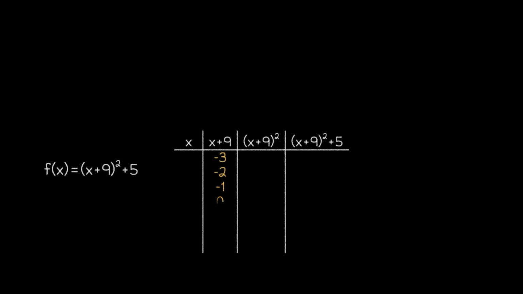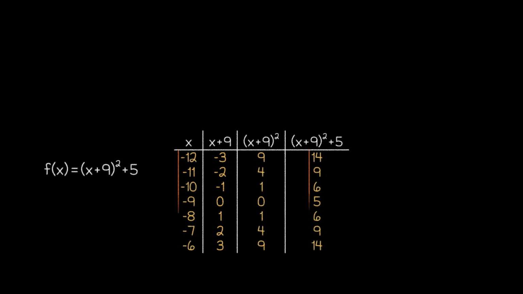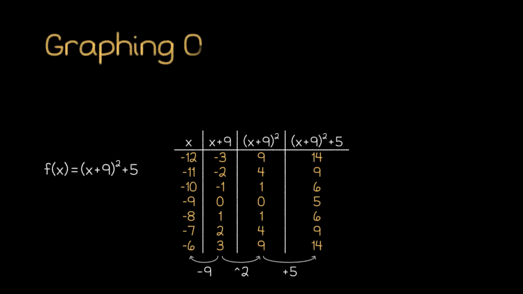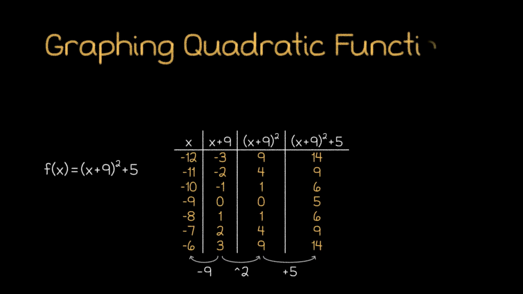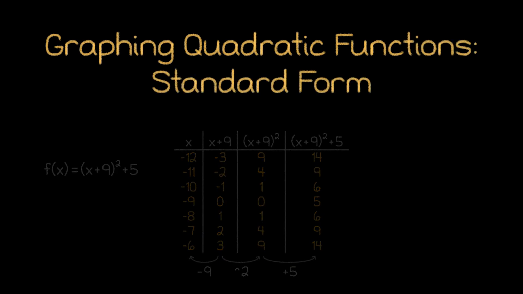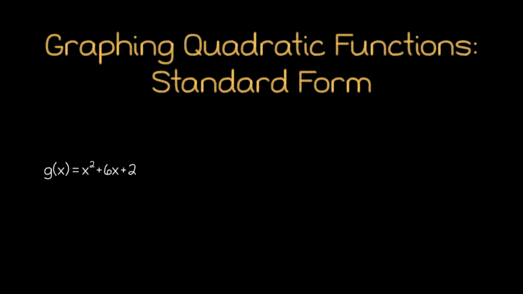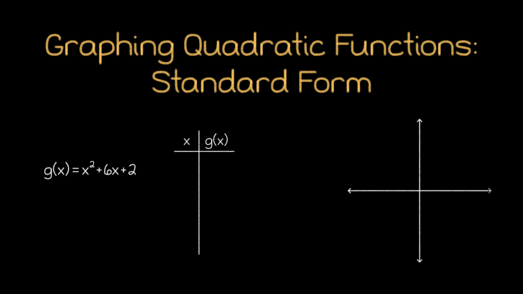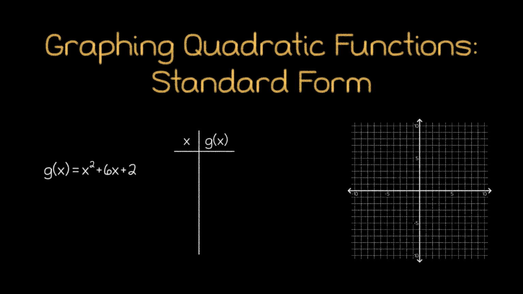Graphing quadratics in the vertex form worked out nicely because we were able to use the concepts of key points and transformations to understand the shape and location of each graph. However, we're often given functions in the standard form, and converting these to the vertex form each time could get tiresome. Plus, there are still plenty of lessons we could learn from the process of graphing the standard form. The big question then is, what strategy should we use for graphing the standard form?